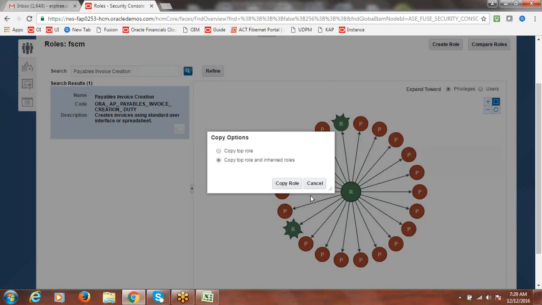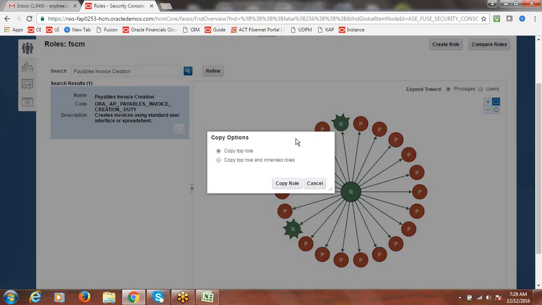Now our target is payables related, but the payables related role has some other functions which are inherited from other roles. For other roles' inherited function related data security, if you want to copy that also, you can go with this. Otherwise, if you want to copy only this role's related functions under data security, and ignore the other role related functions' data security policies, you can just go with copy top role.